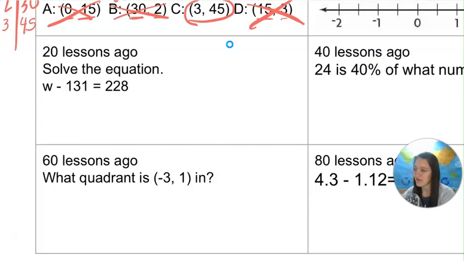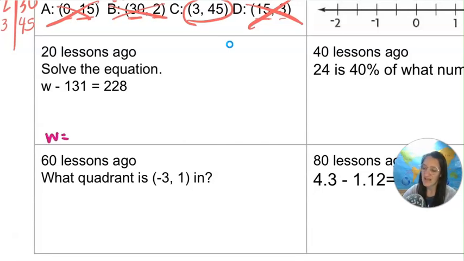Solve the equation. All right, well, that means we got to isolate the W. And it's not isolated. There's a minus 131. So let's do the opposite of minus. Let's add it because then we'll have nothing there. But then we got to keep the equation equal by doing the exact same thing to the other side. So I get 9, 5,